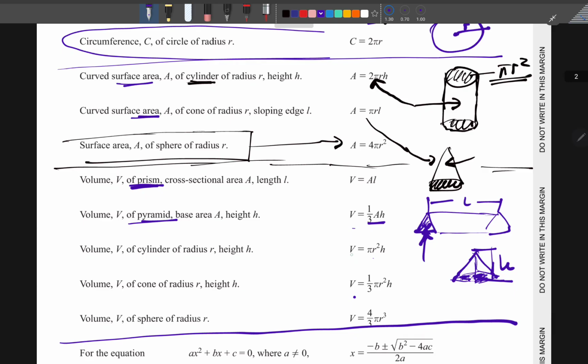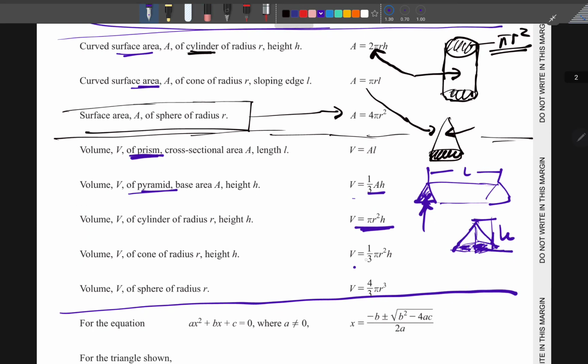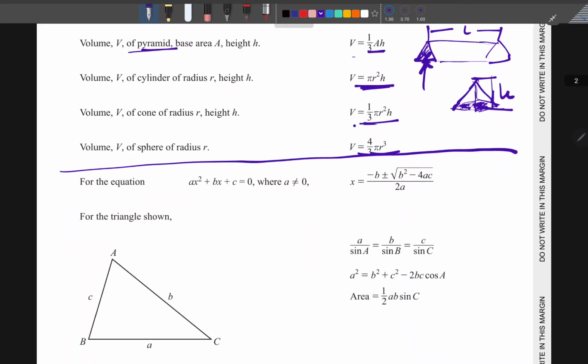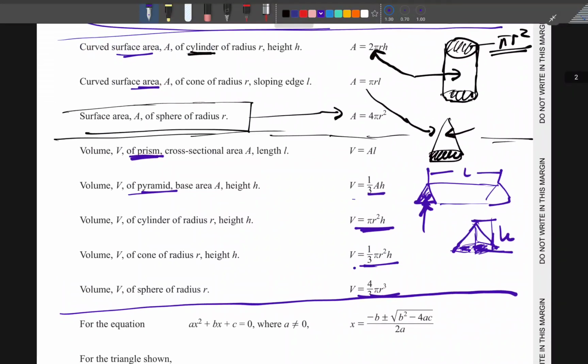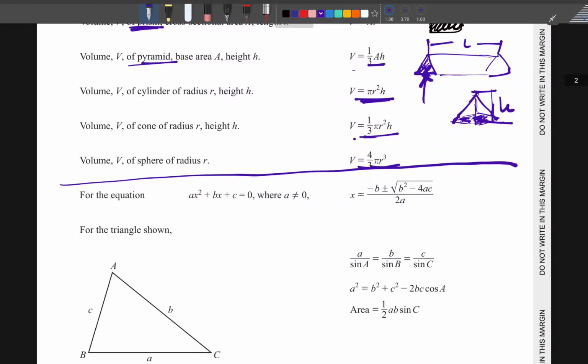Then you have the volume of a cylinder. This one is okay, we can just use it. It's not even a problem. Volume of a cone, volume of a sphere. We are done. So for mensuration, most of the formulas will be given to you. So if they ask for something that is here, come get it here. But what do they not give you? The area of a sector. They don't give you the area of a sector and the length of the arc. You're going to need to remember those. We're going to talk about them very soon.